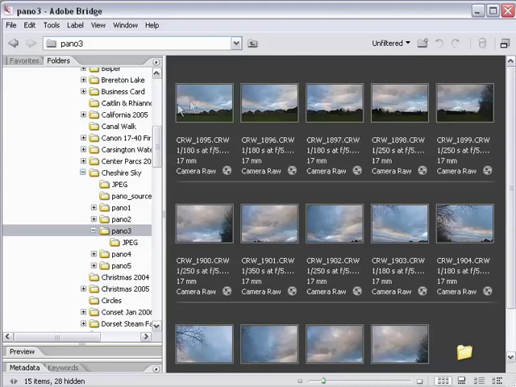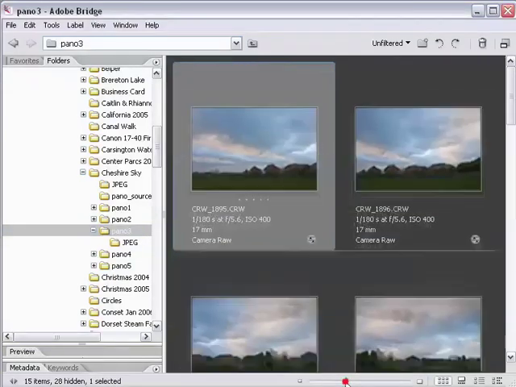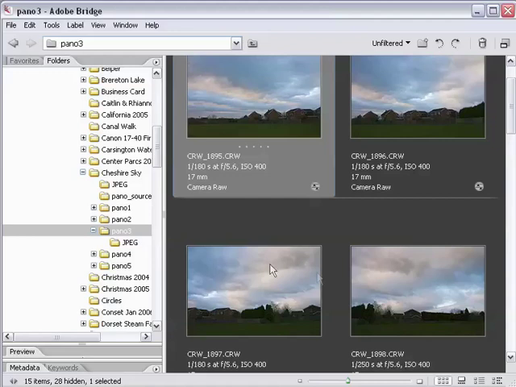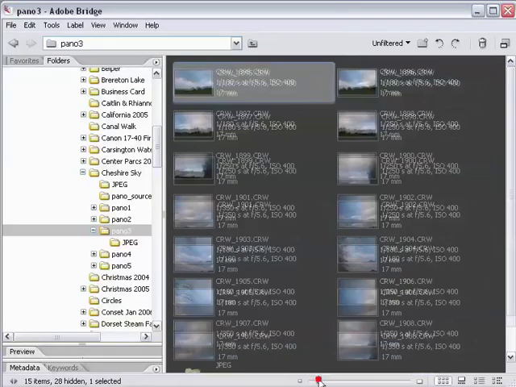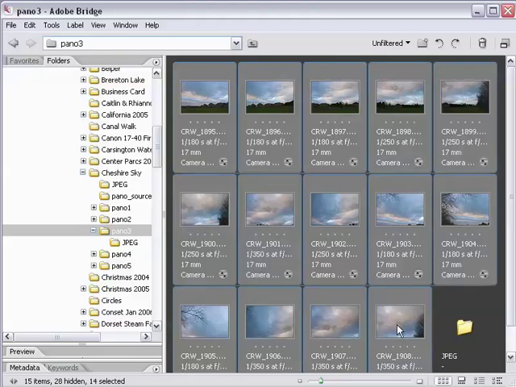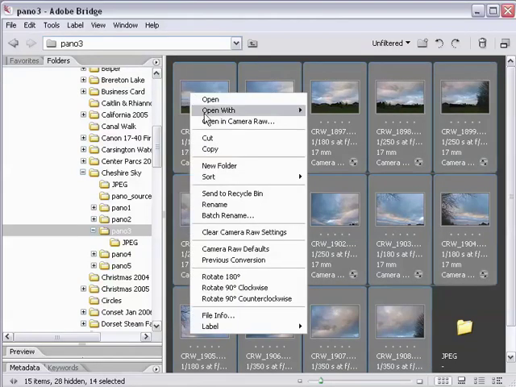So if you look at these first two, you can see this stripe here is then also here, and you can just see I was just turning the camera a little each time as I went. So let's zoom back out so we can see all the images. And what I'm going to do is select the first one by clicking on it, select the last one by shift clicking on it, and then I'm going to open all of these by right clicking on one, and I'm going to choose Open in Camera Raw,